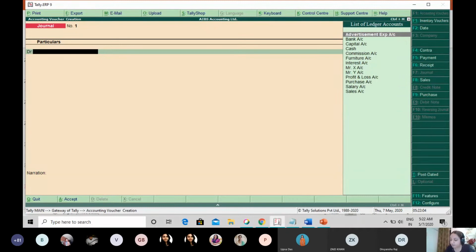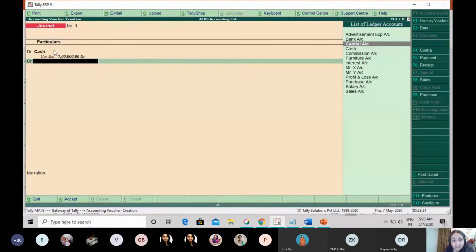Whatever you want to debit will move to the first entry, that is cash account debit to capital account. In the cash account, I don't have to write cash account because in the ledger, I have already written it. I have to choose this from the list of ledger accounts on the right. So I'll go to cash account on the right and click on it. Once I click on the cash account, it will automatically appear here. Right? And then on the right, I can write the amount. The first entry is cash account debit to capital account, 1 lakh. Automatically, that 1 lakh would appear on the right.